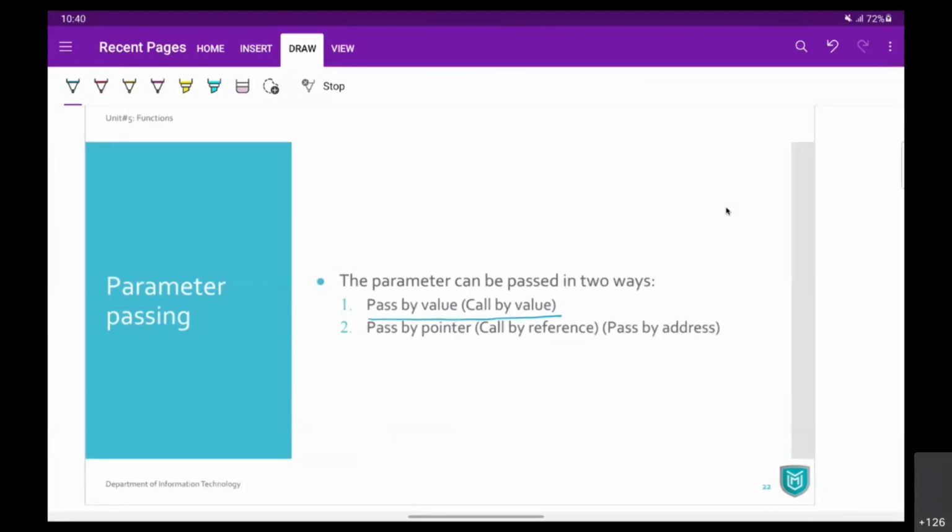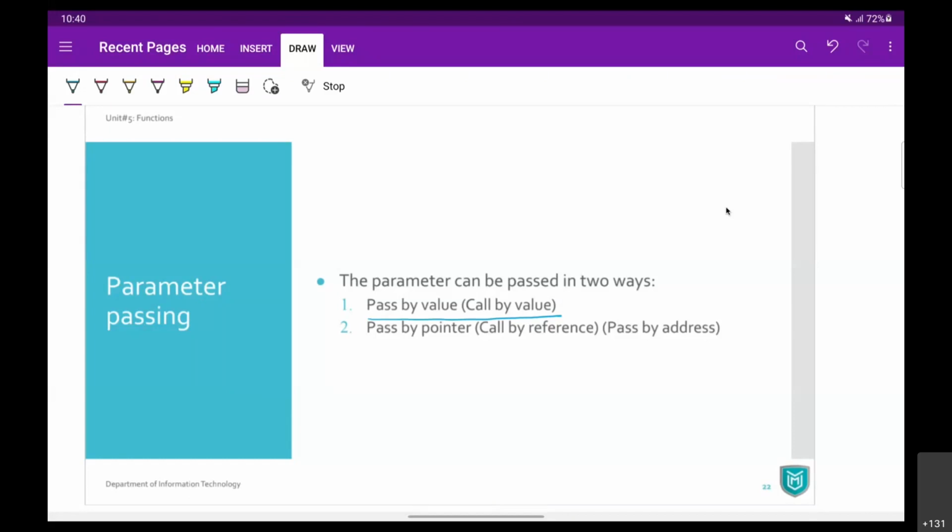Function के पास उसकी copy generate होगी. So if you do anything within your function, it is not going to affect your original data, because everything that we do inside a function will be done on a copy of that data. उसकी copy पे आप operation करोगे, original data as it is रहेगा. That is call by value या तो फिर pass by value. आप parameter किस तरह से pass करते हो? You are passing that parameter by value, okay? Or you are calling that function by passing a value. So that's call by value या तो फिर pass by value.